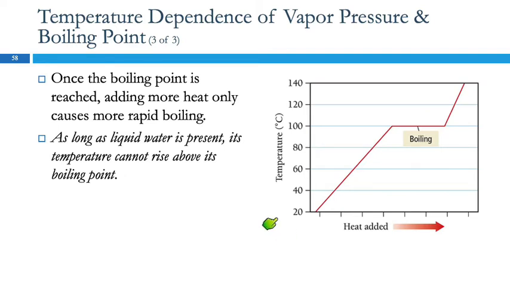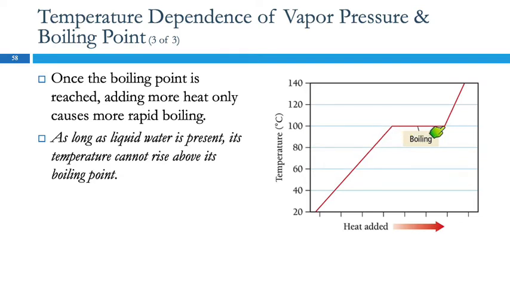So this is a heat diagram. We've got temperature here. This is amount of heat added. And so as we take a liquid and we add heat to it, the temperature goes up. That makes sense? When it gets to the point where it's boiling, the temperature will stay the same while it's